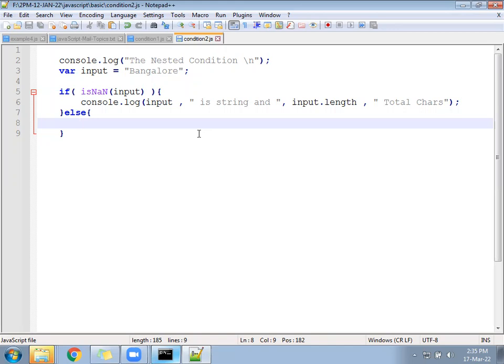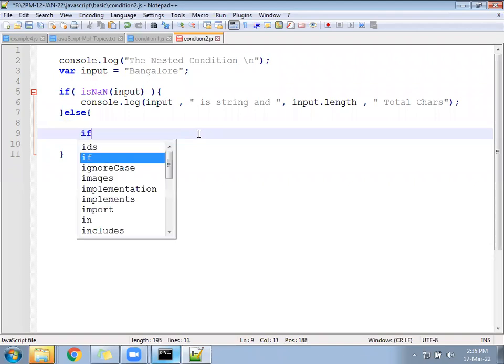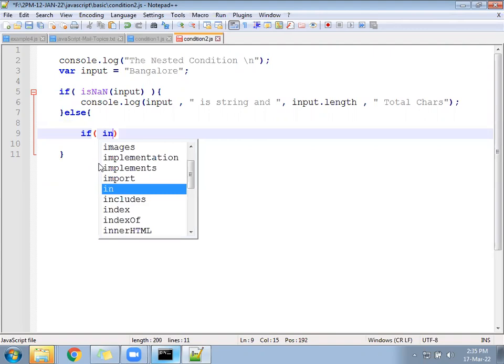Come to the else part. Inside the else part, you have to write one more if. If it is a string, then it will go here. If it is not a string, then it will go to the else part. Inside the else part again, you check here input